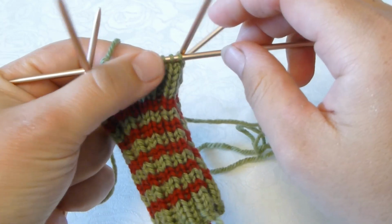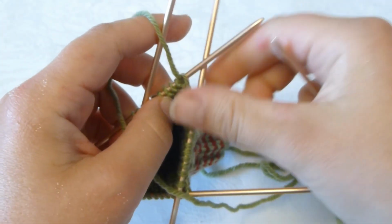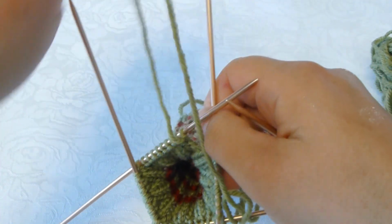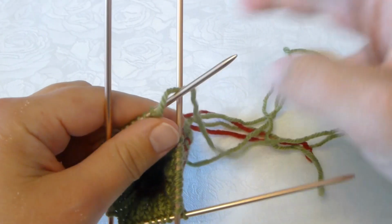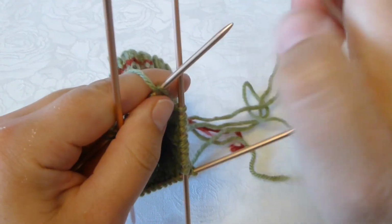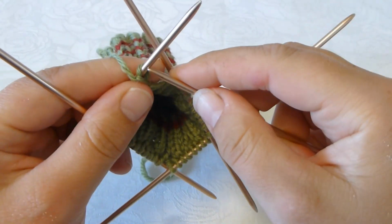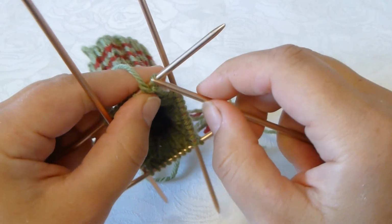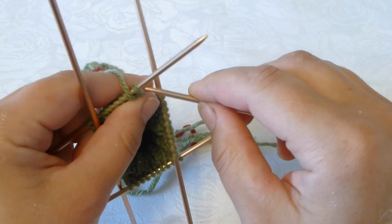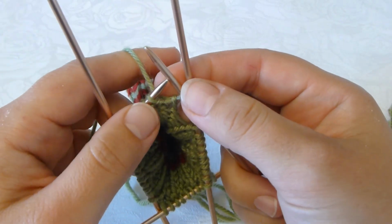So now that I have done the first needle, I will just turn my work around, and I am now facing the wrong side. I will slip the first stitch. I make sure that my yarn is on the left side of that stitch so that it goes in between